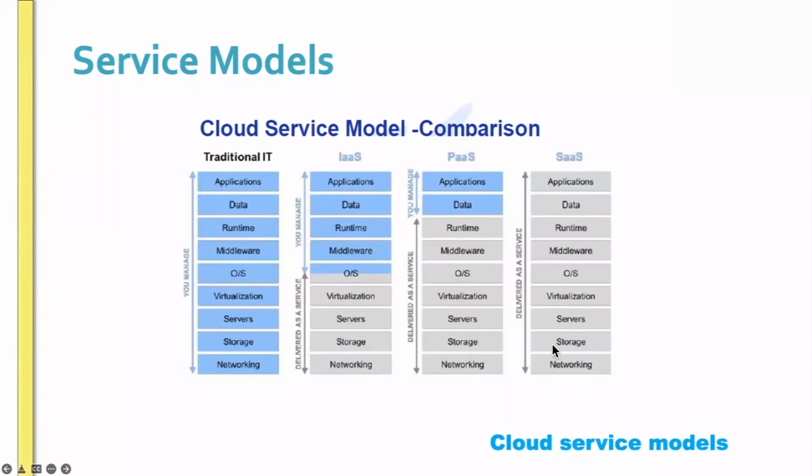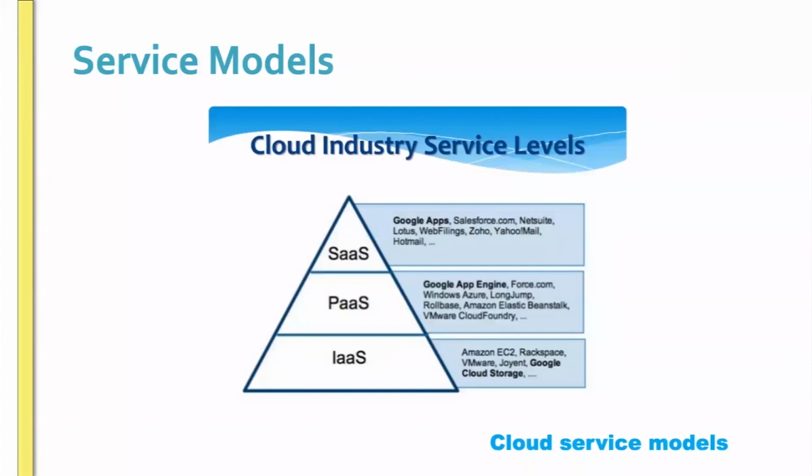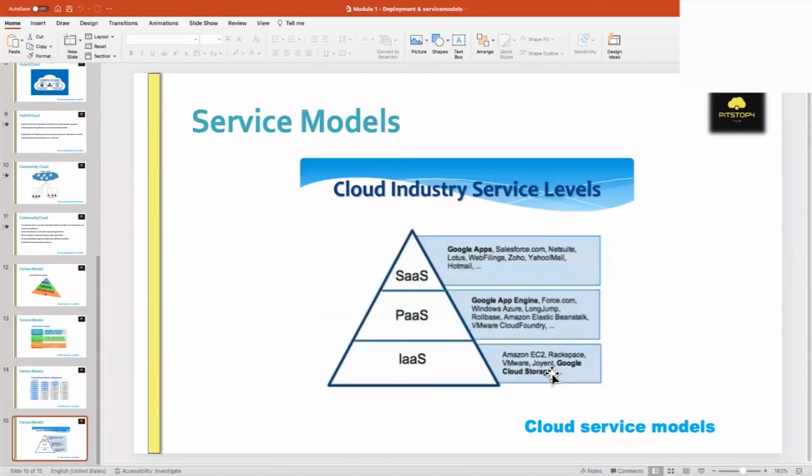SaaS, everything will be delivered as a service here. We can't take the Python application as an example here. Everything is delivered as a service, which means you're directly purchasing a software like Office 365. If you use Office 365 or Google G Suite and all, that is a SaaS application, software as a service. You're getting the total software as a service. You're not managing anything, you are directly using it. Those are the service models, some of the examples. We will get more examples during the different parts of the training.